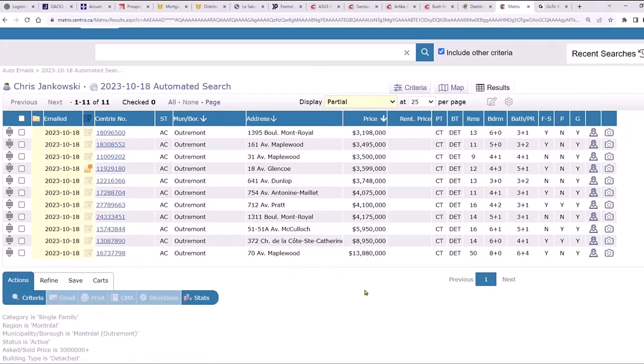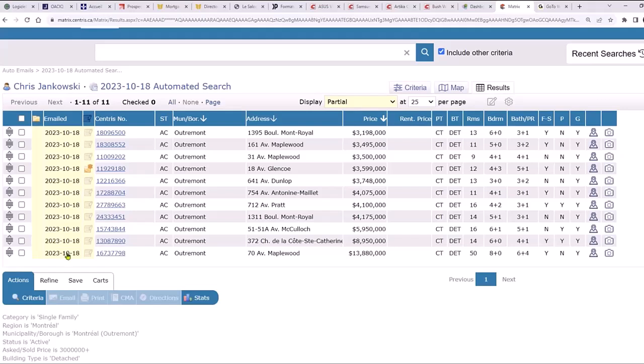There we go. See, this is the search as we've seen it at the beginning, right? This is exactly what we found for our client. And now, as you can see, the system tells you when it was emailed to the client. Obviously, it just shows today, right? But should new properties pop up over time, it's going to tell you the date on when it was showcased to you or to your client.